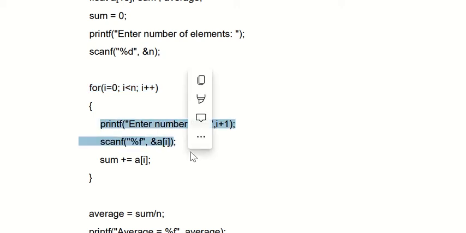We are asking that, and at the same time we are doing the addition also, that is sum plus equal to a[i]. What is the meaning of sum plus equal to a[i]?